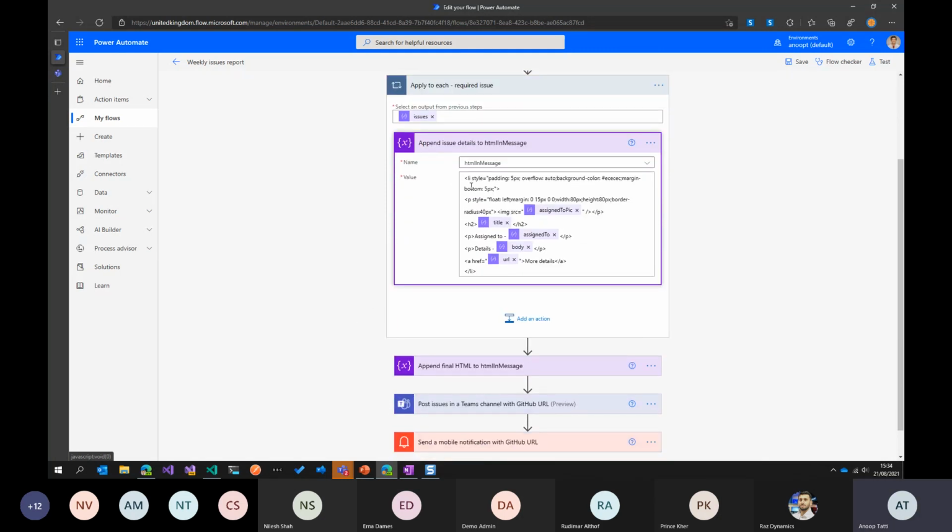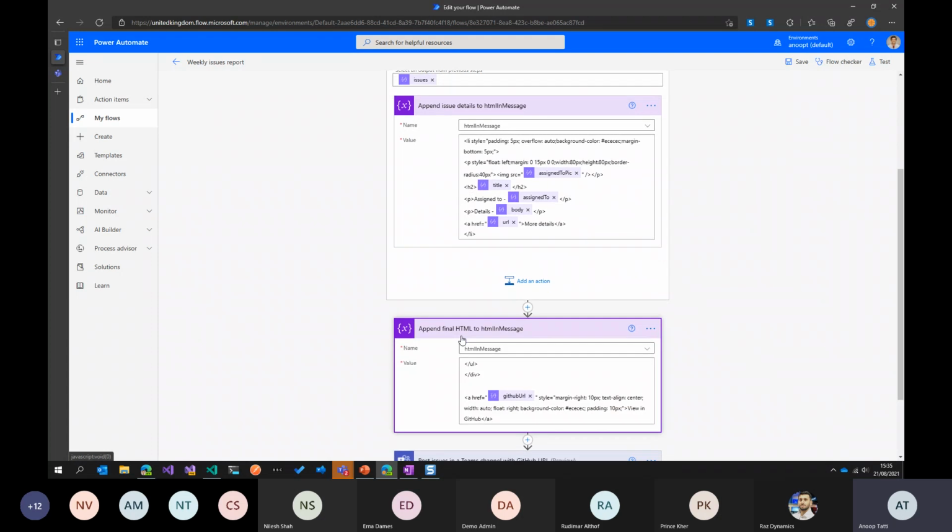Over here, I'm just using some HTML with some hard-coded styles. That's because my UI development is very poor, so apologies for that. But instead of doing this, you can think of creating an adaptive card with some template, and then put all the issues in an adaptive card, generate that big adaptive card message, and then post it to Teams. But in this case, like I said, I'm building all this HTML,